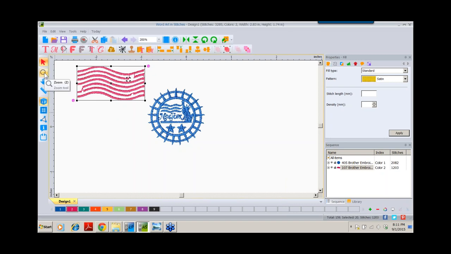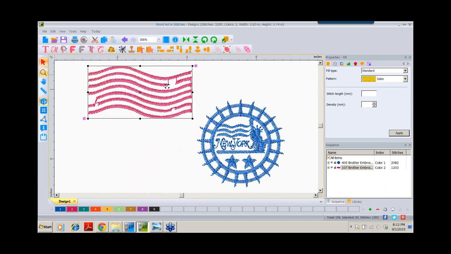We also have the zoom button that will come in handy for you as well. A couple different ways that we can use this. First of all, it is a magnifying glass. I'll go ahead and click it, and when I bring my mouse over to the screen, you'll see the mouse has turned into a magnifying glass. This too is a toggle. I could click there to turn it off, click there to turn it back on,